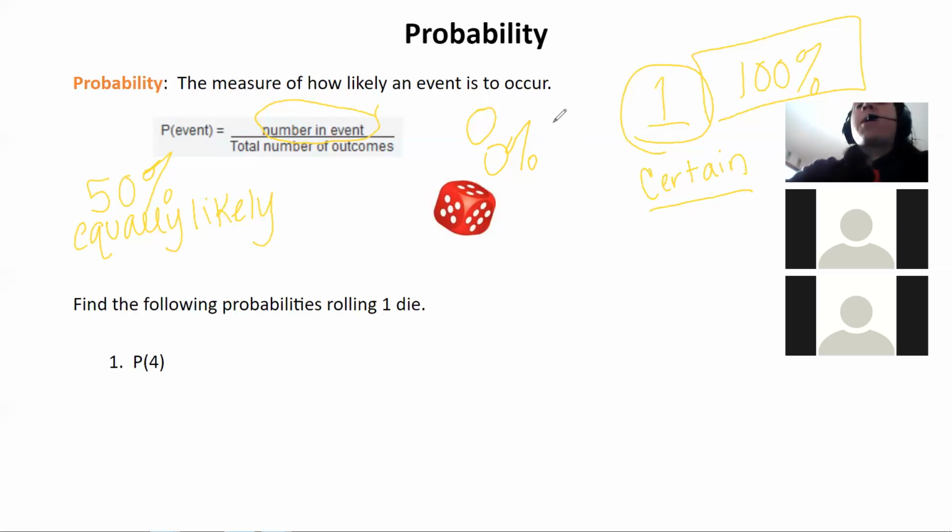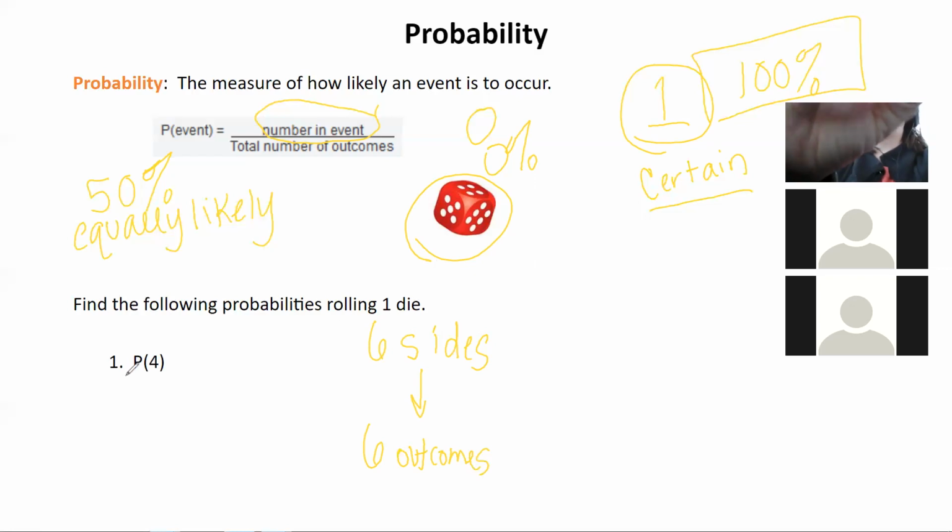Okay, so let's talk about theoretical probabilities of rolling a die. So this die, we're going to talk about this one, has how many sides? That has 6 sides. So when you're finding the probability of rolling a die, usually it's going to have 6 sides. And those 6 sides means that it has 6 outcomes. And when you are asked P of 4 like this,